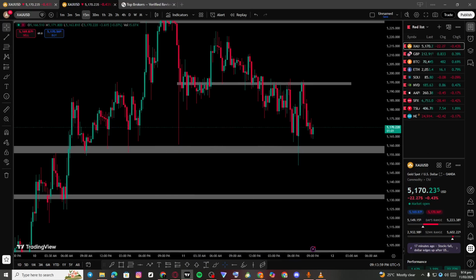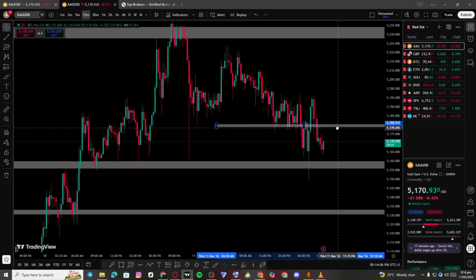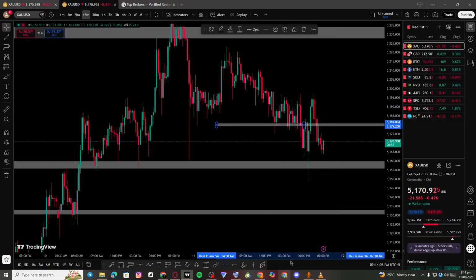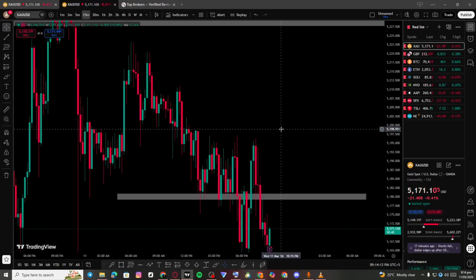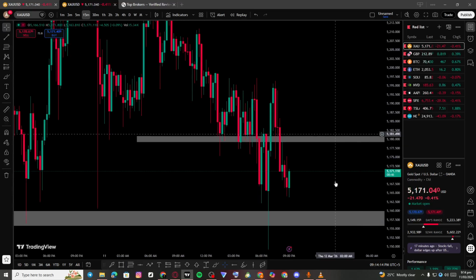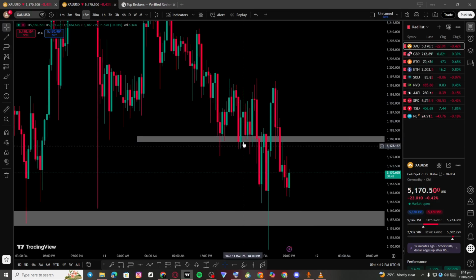But you know what, let me show you one thing. So at this point, I show you guys something. Over here at this point, this was like a zone within a zone. So this was a big zone, and in that big zone I was observing a few things. So this was a support which was formed over here, but it came all the way down over here.